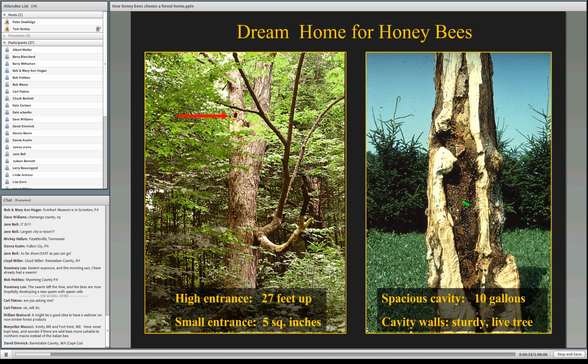All in all, this tree is a dream home for honeybees. And what made it a dream home was the fact that it fulfilled several of their real estate preferences. One of those is the height of the entrance. This tree exemplifies how bees prefer an entrance that's high off the ground. This one is 27 feet up in the air. They also like a small entrance. This one was only about 5 square inches. That's what they like. It also had a spacious cavity,